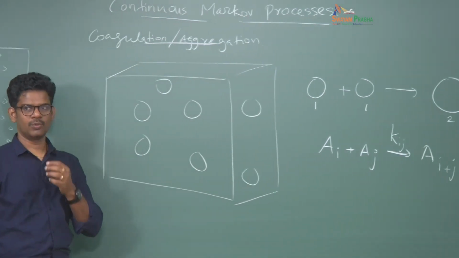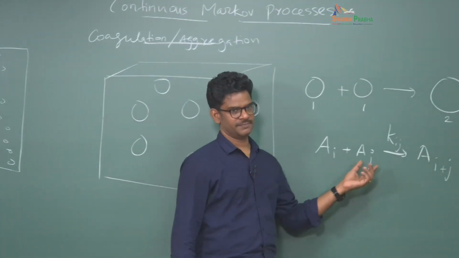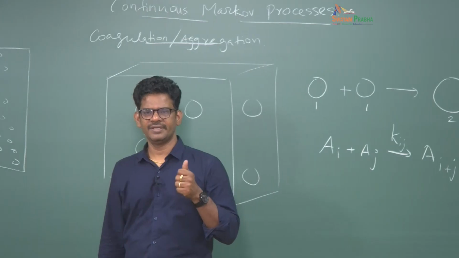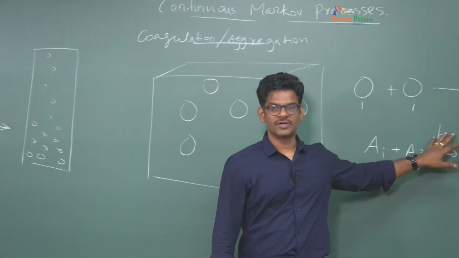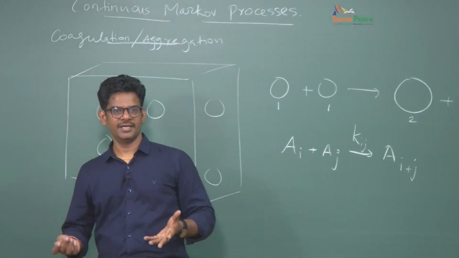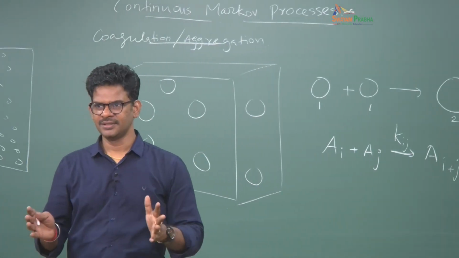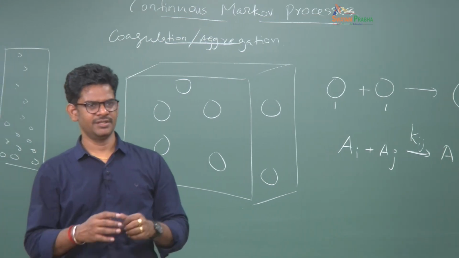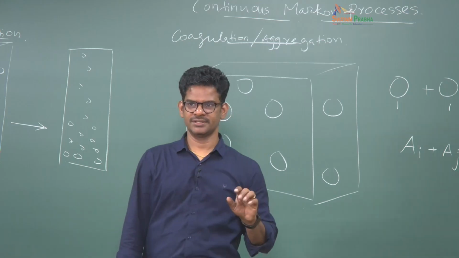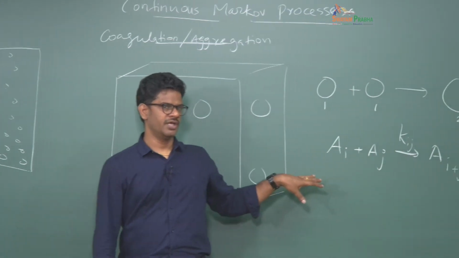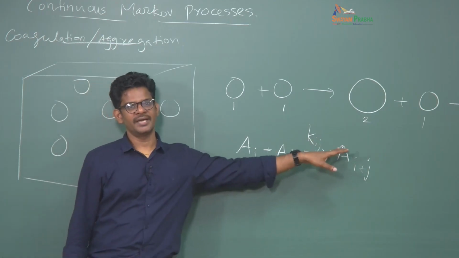Okay, we need to know what is the rate constant of collision between A_i and A_j. Generally when we dealt with chemical kinetics, we did not pay much attention to the rate constant, because in chemical kinetics the rate constants have a different physics behind them. Okay, there is transition state rate theory, there is collision theory, etc. We did not pay much attention to those theories, but here we are not talking about reactions, we are talking about diffusion induced aggregation.